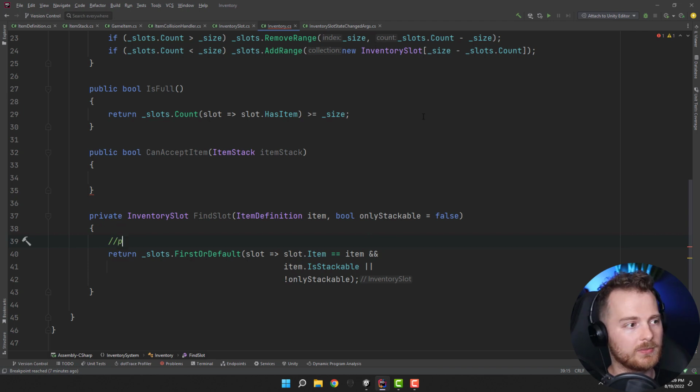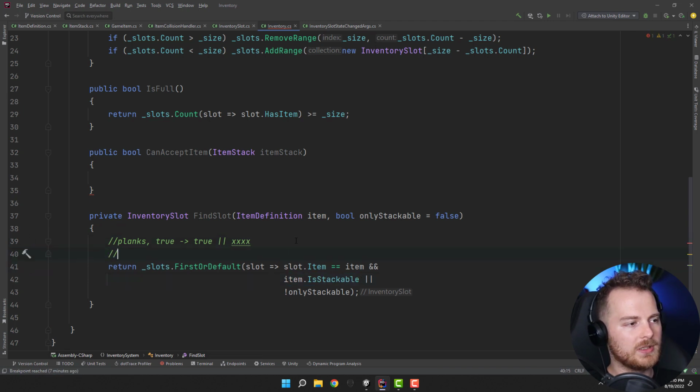So let's say, for example, we are looking for planks, and of course we look only for stackables, right? So in that case, the planks are stackable. So the first condition is true. So the OR condition doesn't evaluate the other one. Doesn't care because the first one was true. Now, if we are looking for a health potion and the condition is true, the first one